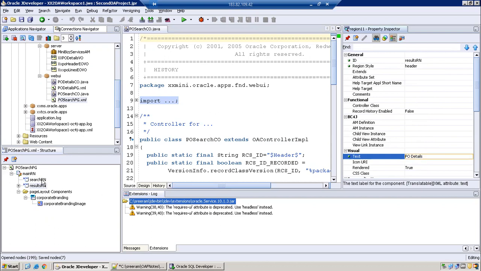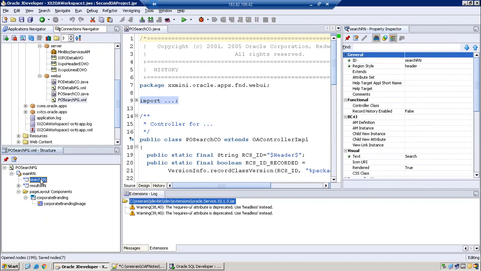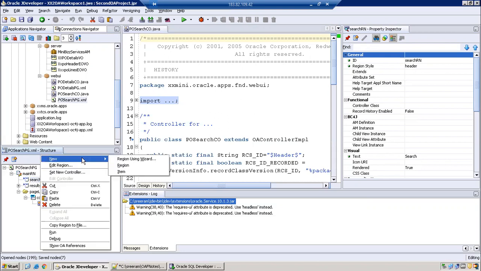Now in the search region, as of now, let's have only two columns, searching the pivot based on the PO number as well as PO header ID. This may not be a correct one, but let's try this way. Later on we can change this search region also.